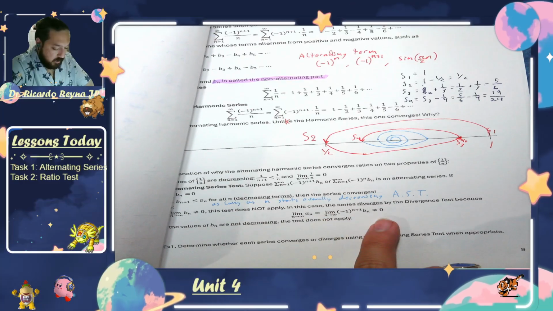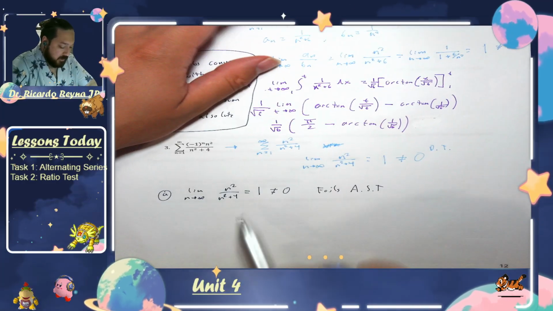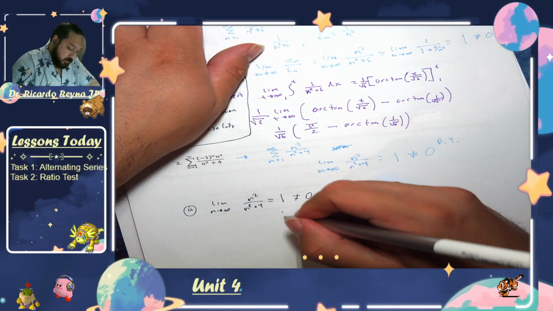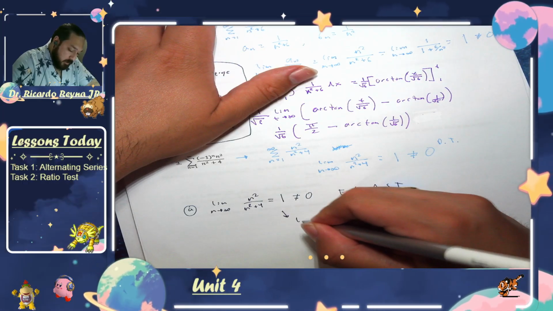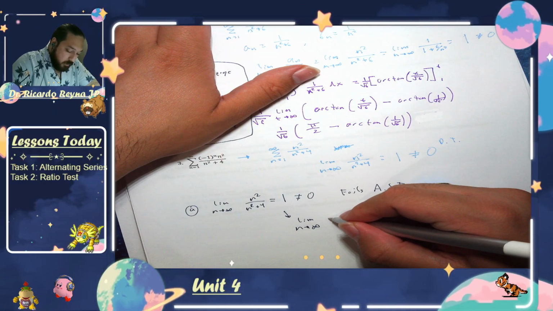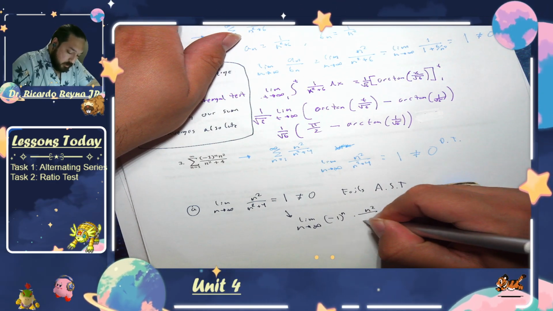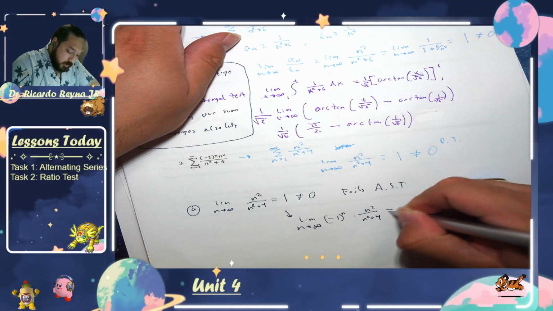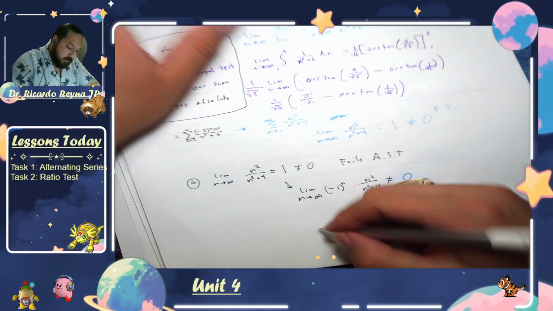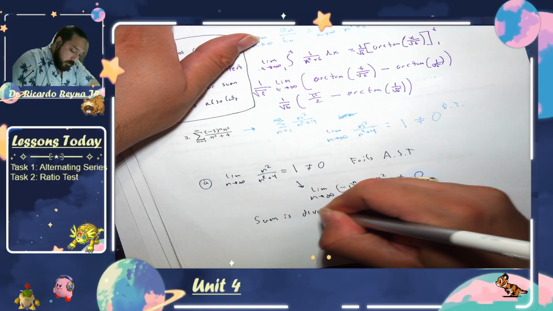Because if we figured out that this doesn't converge to 0, then this limit of the alternating part times this doesn't equal 0, which means that for this specific sum is divergent